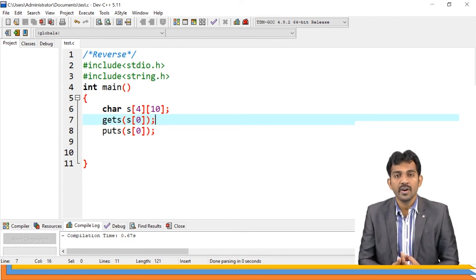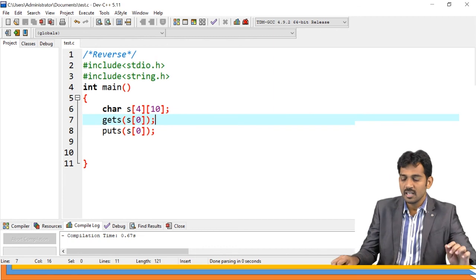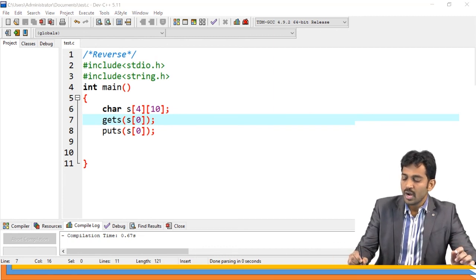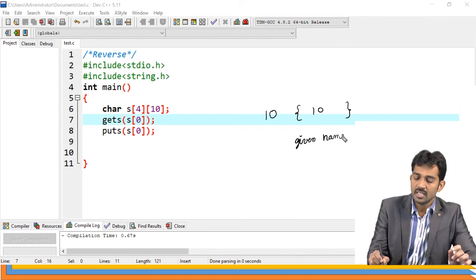Now, try to find whether a name exists or not in a given number of names. For example, you have 10 members, the 10 names, and the question is whether a particular name is there or not. In 10 names, is the given name there or not?